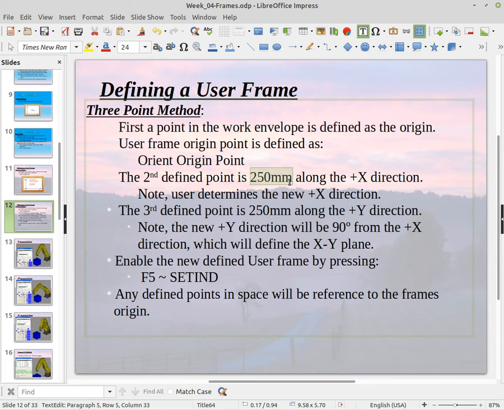It can be less than that, but that's really going to decrease the accuracy as you get further away from your origin. But it can be much more than that if you can reach it. All right, so one important thing about your frames, you need to make sure that whatever frame you choose, you'll be able to reach all 3 of those points with the robot arm. Now, that doesn't mean that every point within your frame